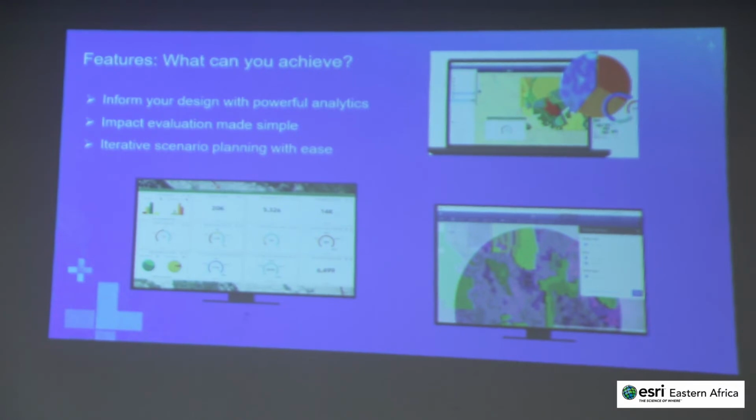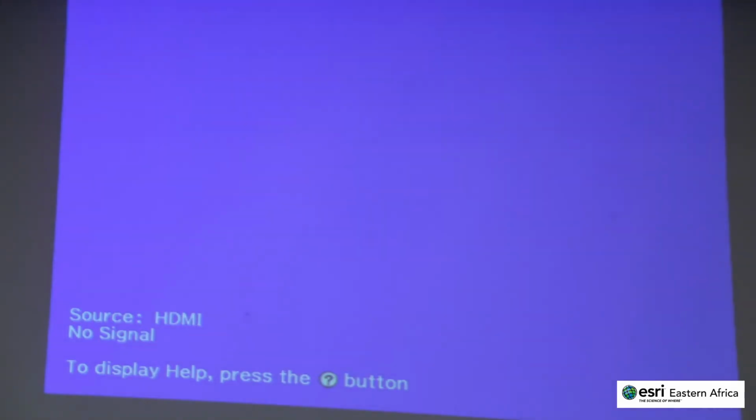So I've been talking a lot about it, and I think it's about time I just took you through what exactly it is. So I'd like to mention that for you to access ArcGIS GeoPlanner, you'll first of all need to have an organizational account. And by this I mean an enterprise organizational account. Some of us may have access to public accounts, and unfortunately, this cannot work for ArcGIS GeoPlanner, just because there are some